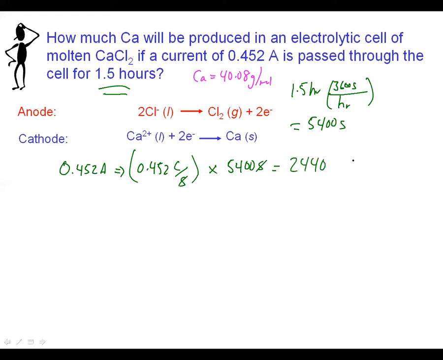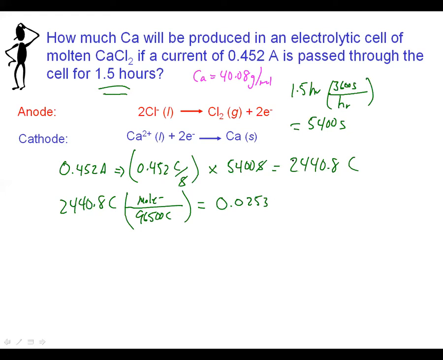2440.8 coulombs. Again, here we're going to use basically Faraday's constant and divide by the 96.5. And that's going to convert us into moles of electrons, which gets us 0.0253